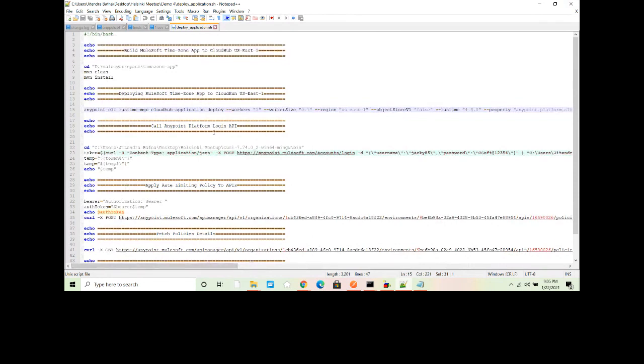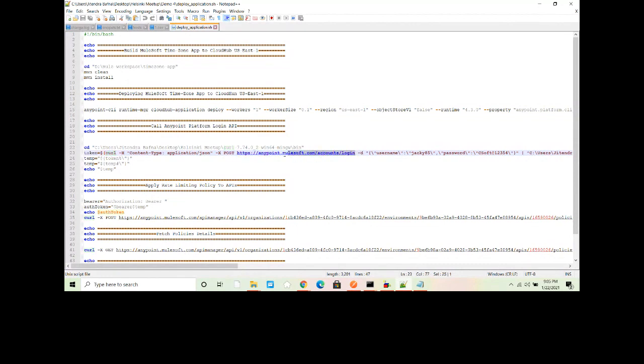The second step is to call the Anypoint Platform login API. So now we want to generate a token, right? For generating a token, we have to call the Anypoint login API. I'm using the utility called cURL. cURL is a command line utility for sending HTTP requests and getting the response. So I'm saying curl with header content type application/json.